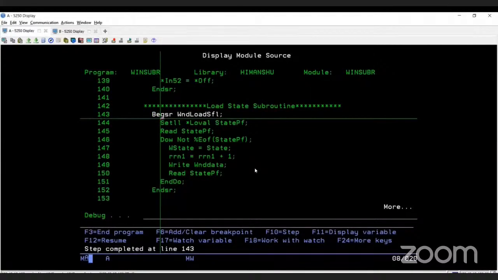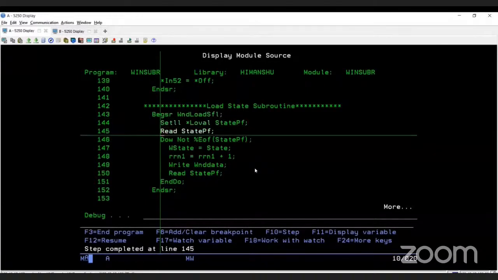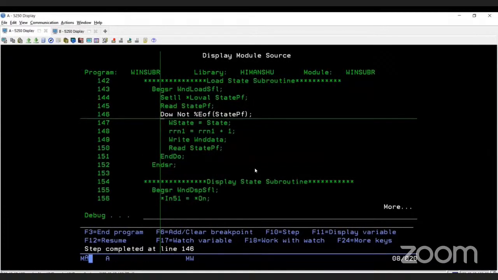So in the load subroutine, first I am setting the pointer to the lowest value of our physical file. By the *LOVAL keyword, it will set the pointer to the first record of our physical file. So first it will set the pointer on the first record, then it will read the first record from our physical file, and after that I am reading all the records from my physical file using the *EOF indicator,